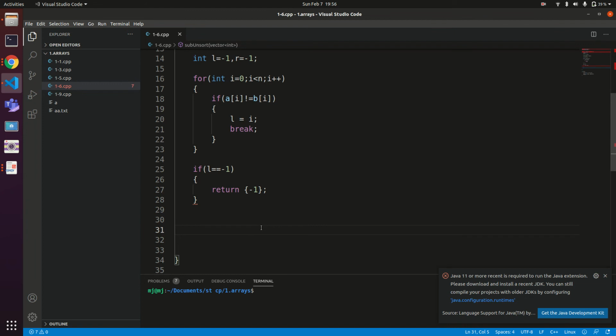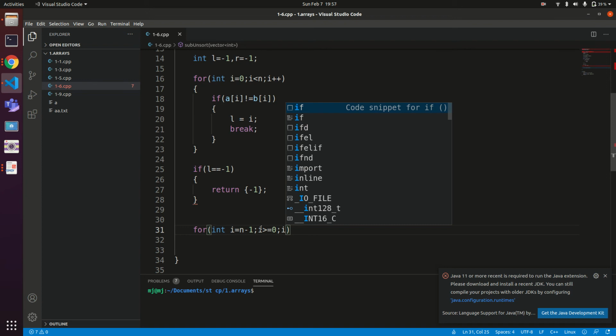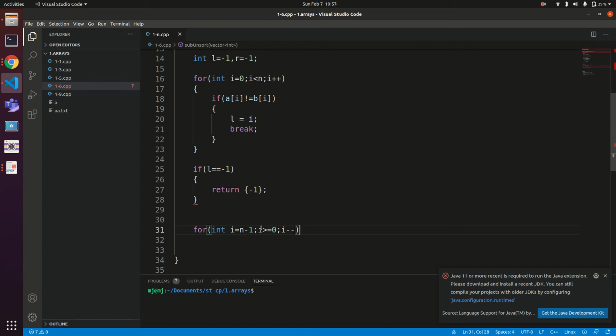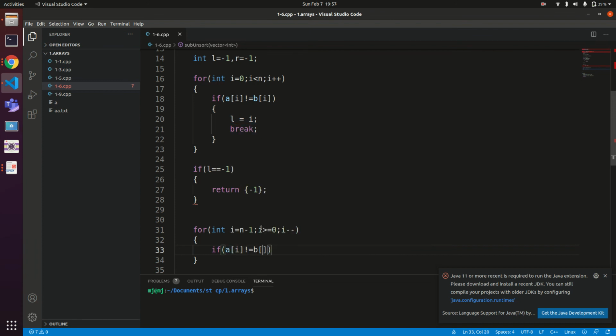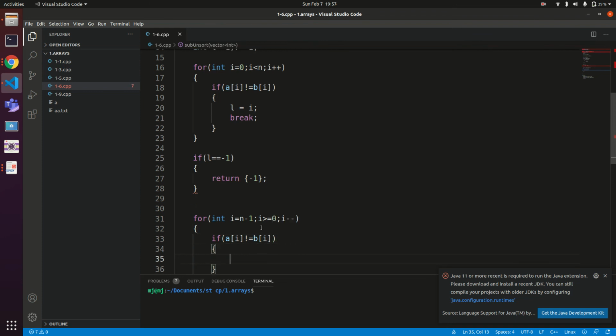Okay, so let's start from the right end. How do we start from the right end? By starting with n-1 and coming till 0, and I minus minus, not I plus plus. Because we are coming from the right end to the left end, so the index is getting decreased each time. Again, if a non-matching element is found, so A of I is not equal to B of I, then this is the first non-matching element.